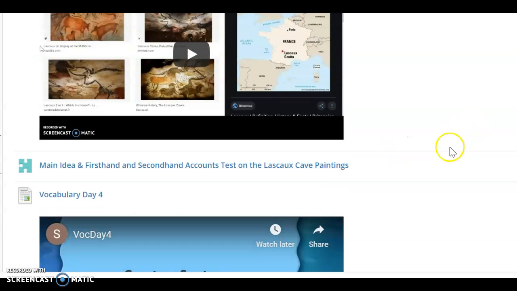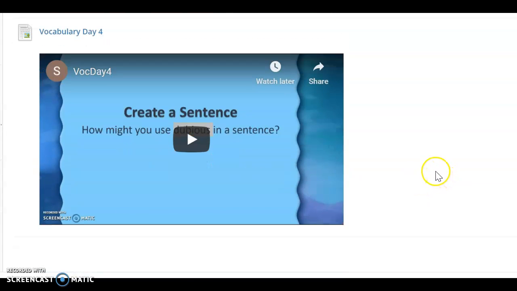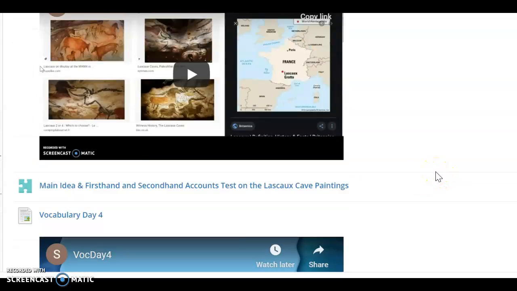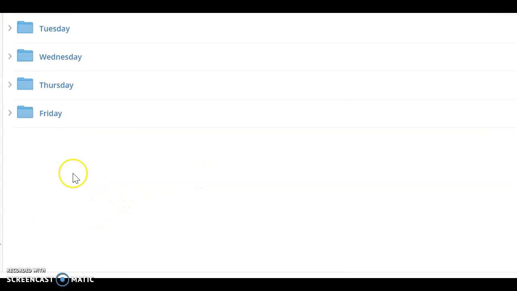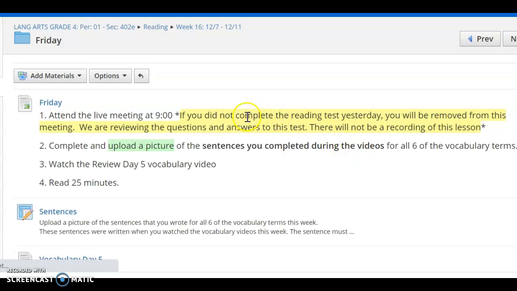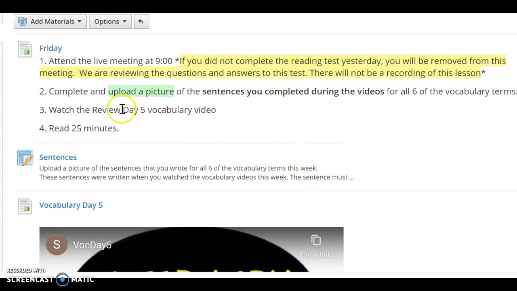And after that, you're going to complete an assessment that goes back to revisit the concept of main idea as well as first-hand and second-hand accounts. So tying in what we've done the last 2 weeks. After that, you're going to watch the day 4 vocabulary video and read for 25 minutes. Then going into Friday, we are going to go over those questions during our whole group meeting from the Lascaux Cave article. And finally, on Friday, you are going to either upload a picture or type into a Word document